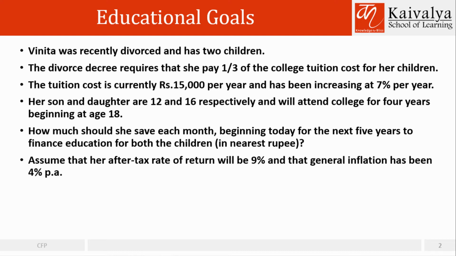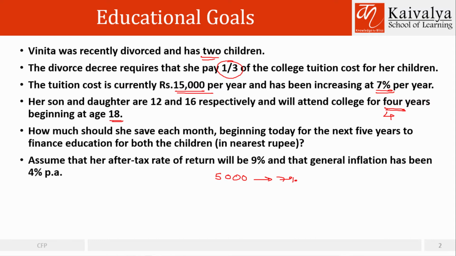Vanita was recently divorced and has 2 children. The divorce decree requires that she pay 1/3 of the college tuition cost for her children. The tuition cost currently is 15,000. That means Vanita has to bear 5,000 per year, and it has been increasing at 7% per year. So 7% is the goal specific inflation. Her son and daughter are 12 and 16 respectively and will attend college for 4 years